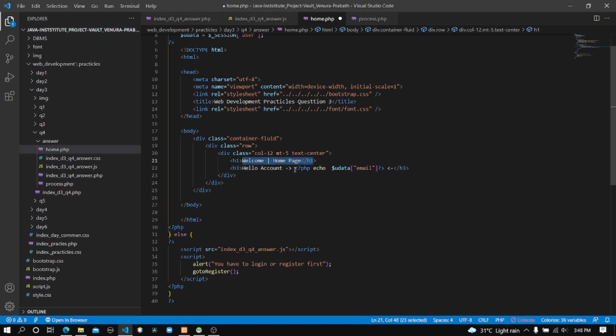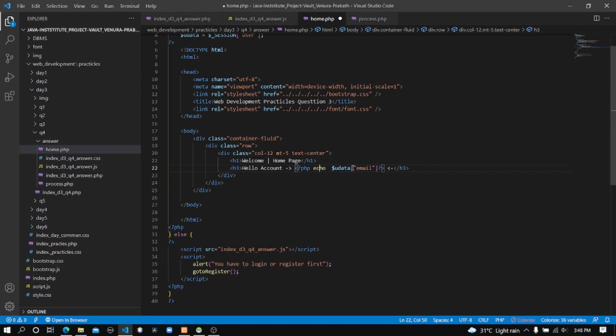And after that, there's another important part in this h3 element. I open a PHP script inside that element, and it will echo, which means it will print this data. You can see udata email.